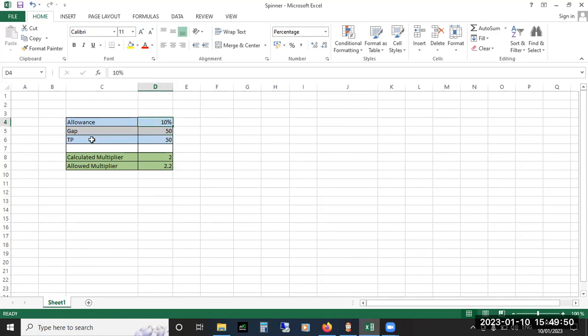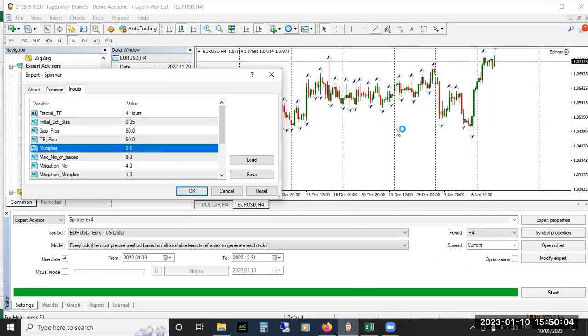So basically what we are looking at is this gap. By the time you hedge, what this multiplier is basically supposed to do is, if we take a buy trade, we're going to place a buy limit here. We're expecting that price would come run out